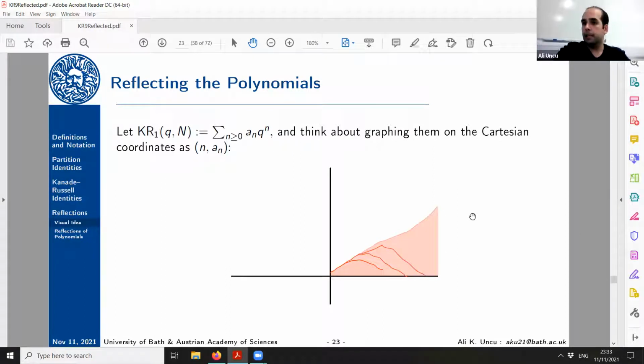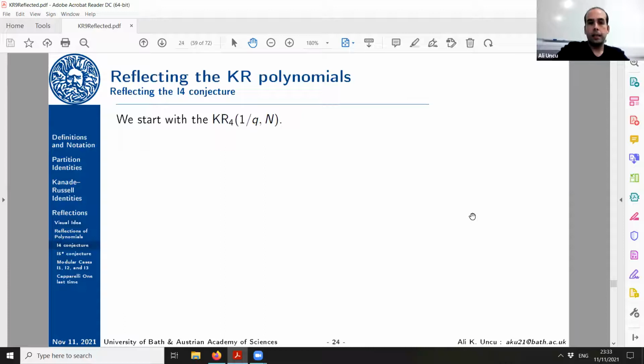Would it make any sense? So we kind of derailed from trying to solve the conjectures, but we tried to say, okay, what if Q goes to 1 over Q? Where would we go? And we started with the fourth Kanade-Russell conjecture because this was actually experimentally found by Ole